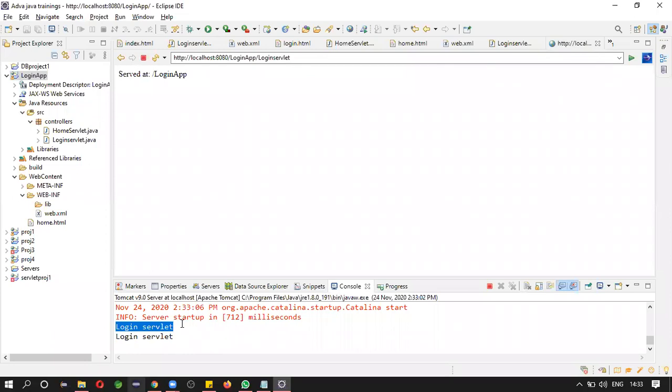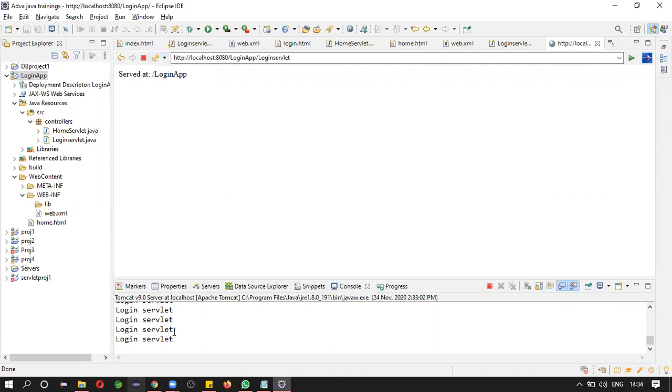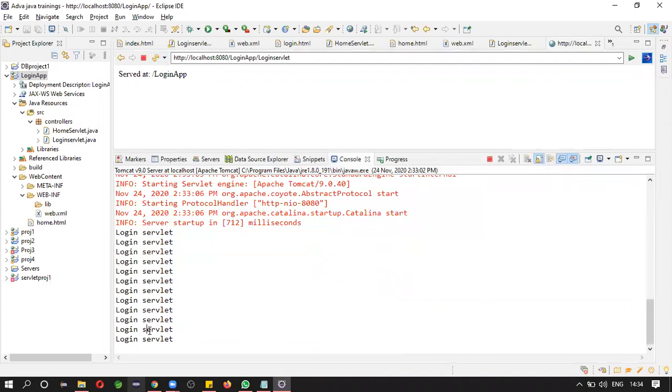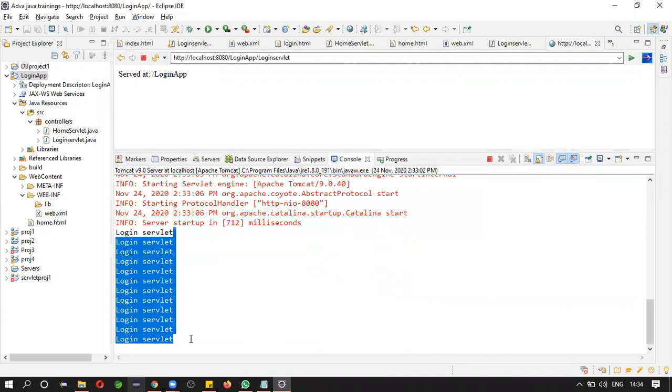We have discussed the service method, right? How many times will the service method be called? Whenever the client requests the server, for each request a service method will be executed, right? This is the proof that it is executing. Everything is a new service. See how many services are executed. You requested this many times.